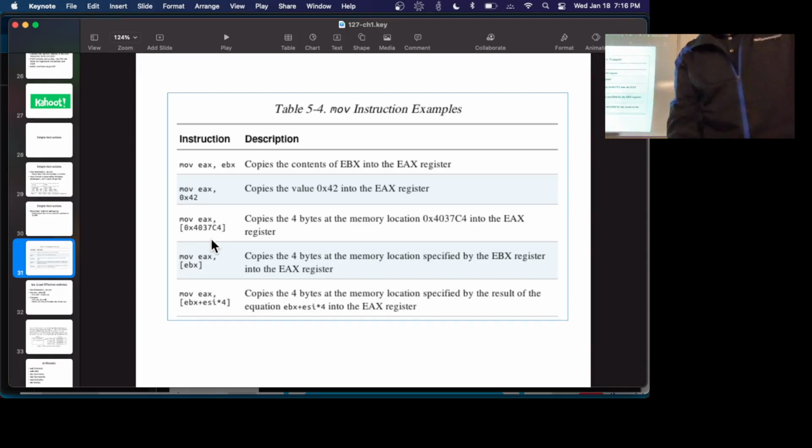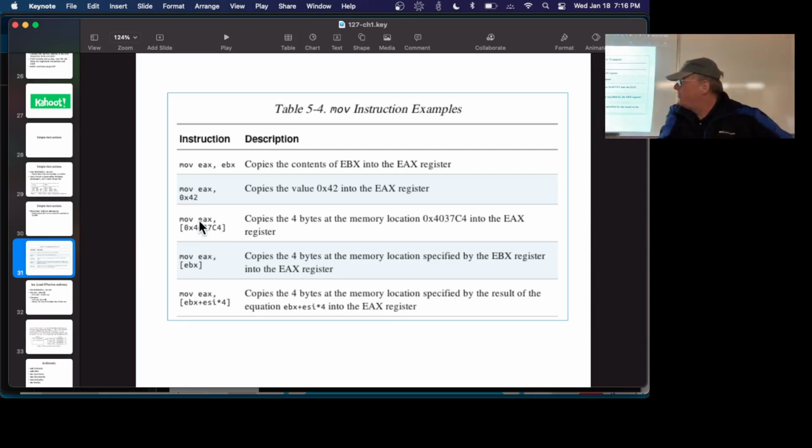This one will take that memory address with that long address, 4037C4, and whatever is at that location in memory will be moved into EAX. It'll copy 4 bytes from there, 32 bits. All these are 32-bit instructions because we have a 32-bit processor. And this one will take EBX, interpret that as an address, find the contents of that address, and put it in EAX. And this one is one you see a lot for moving large amounts of data, EBX plus ESI